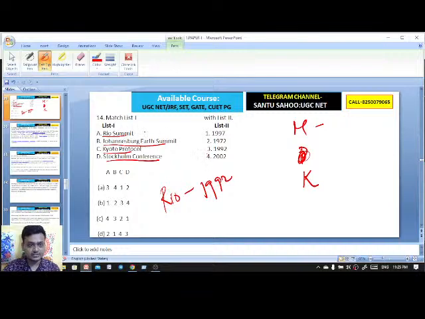Very good. So the Rio Summit took place in 1992, also known as the Rio Earth Summit. Johannesburg Earth Summit is option B, which took place in 2002. And the Kyoto Protocol is 1990.